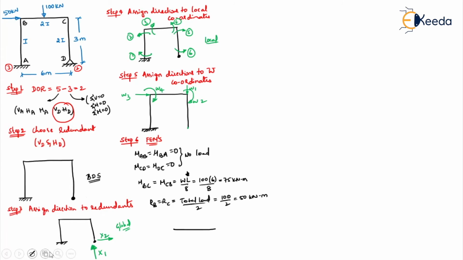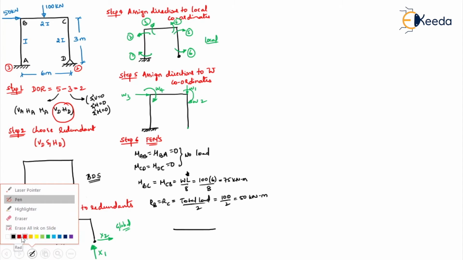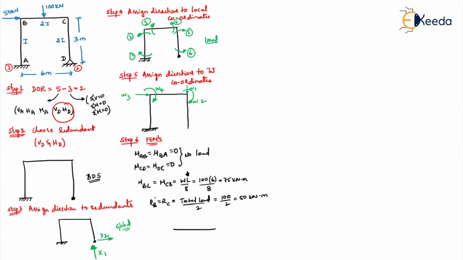So how will this look? I'm drawing only span BC. Why? Because for AB and CD there's no values. So this load is getting the beam down. So in order to take it to the original position, we have to lift it up. So this is 75 kilonewton meter. This is also 75 kilonewton meter. Then we have two reactions. That's 50 kilonewton and 50 kilonewton. So this is your span